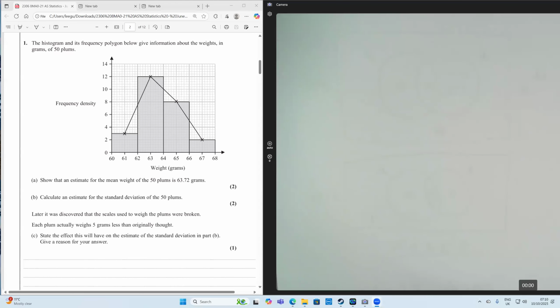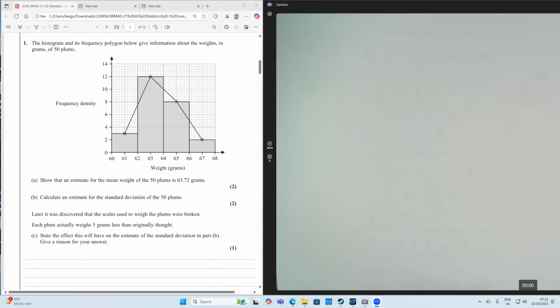Hello everyone, and in this video we're going to be looking at the first two questions of AS 2023 statistics for Edexcel. And we've got a histogram question to start us off. So it says a histogram and its frequency polygon below give information about the weights in grams of 50 plums. Show that an estimate for the mean weight of the 50 plums is